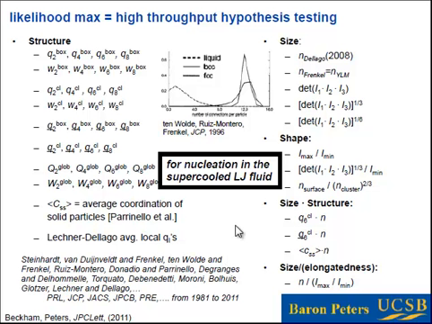A lot of people have looked at this in the context of nucleation, and they've had different ideas about what coordinates might be important, right? So Greg and I added a few to their list. Those are these size, shape, and size times structure coordinates. What we can do now, after compiling this long list of order parameters, is test every one of them individually and in linear and nonlinear combinations with each other.